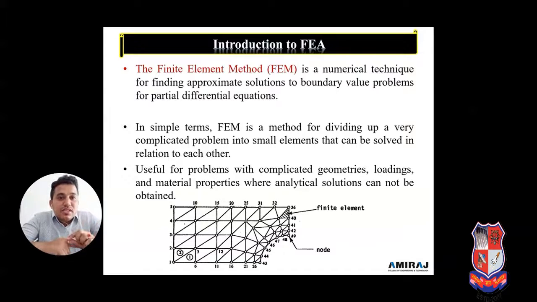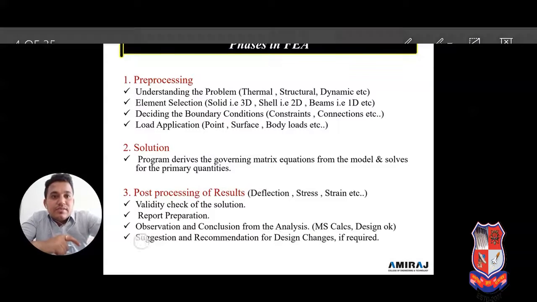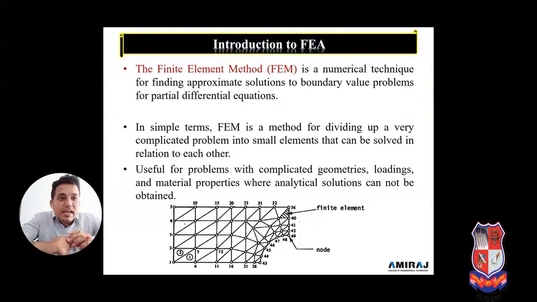As you see in the diagram below, the finite element is divided into small components, and each small component is known as an element, and the end vertices or points are known as the nodes. So here the number of nodes and the number of elements are shown. We take one small element and analyze it, so at each and every element we can find out stress, strain and displacement as per the application.